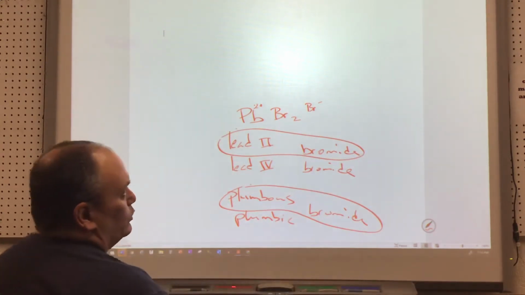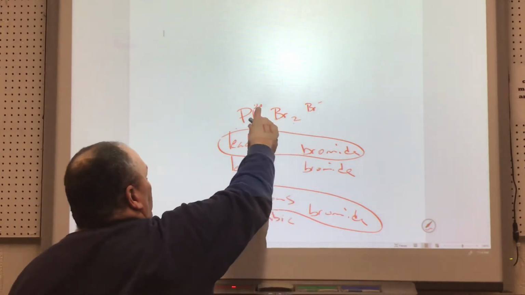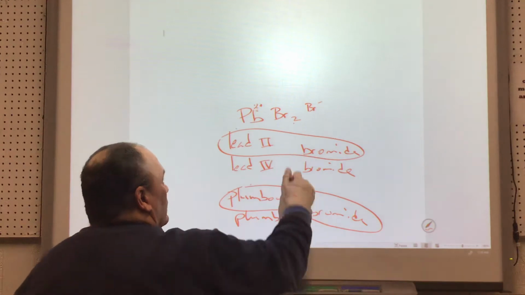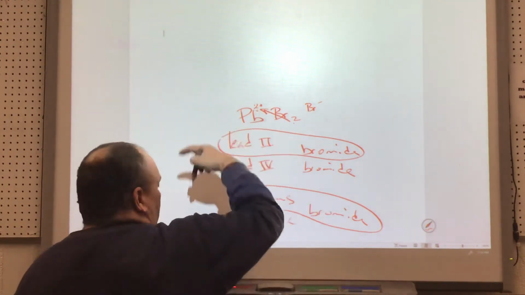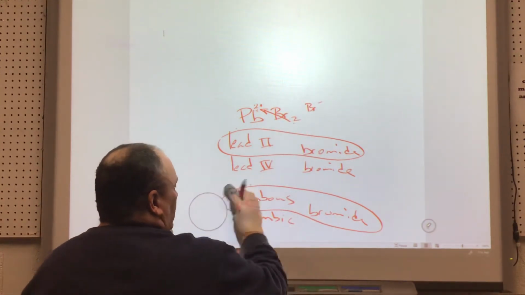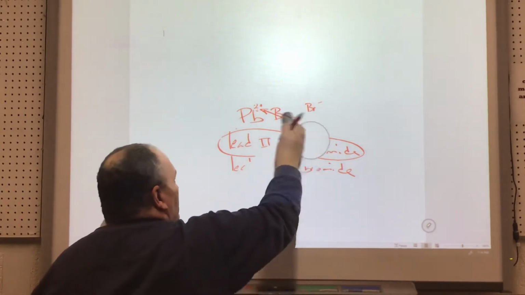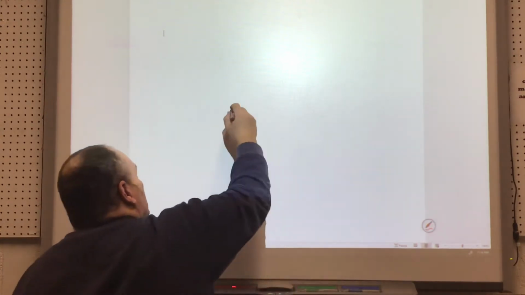But inevitably what students will start to think is, oh, it's just a reverse charge switch. This 2 came from up here, and so therefore, that must mean he's lead 2, right? Like, I just got to go back, and that'll be lead 2 bromide. I don't have to do all this other extra thinking. Well, that'll work most of the time, but there's a few exceptions to that rule. So let's do this guy,